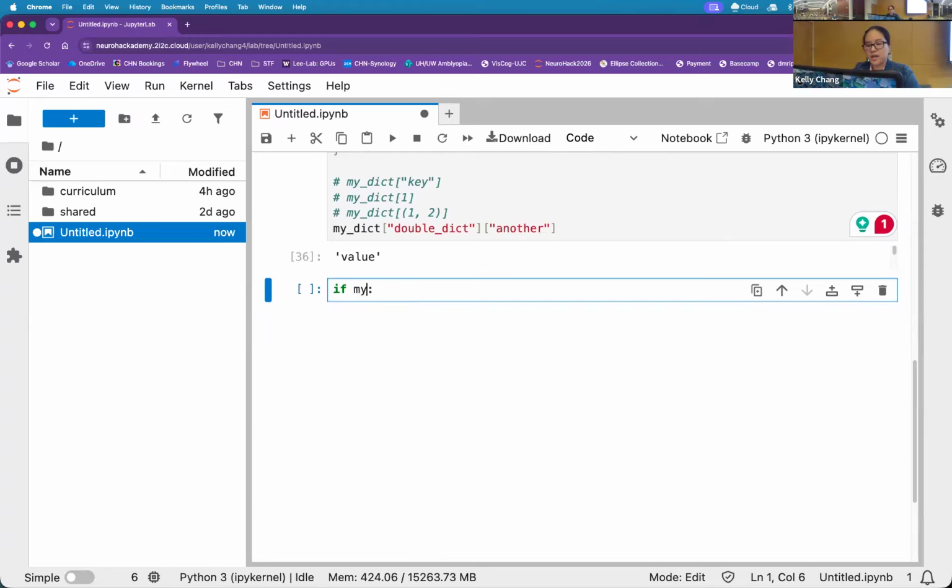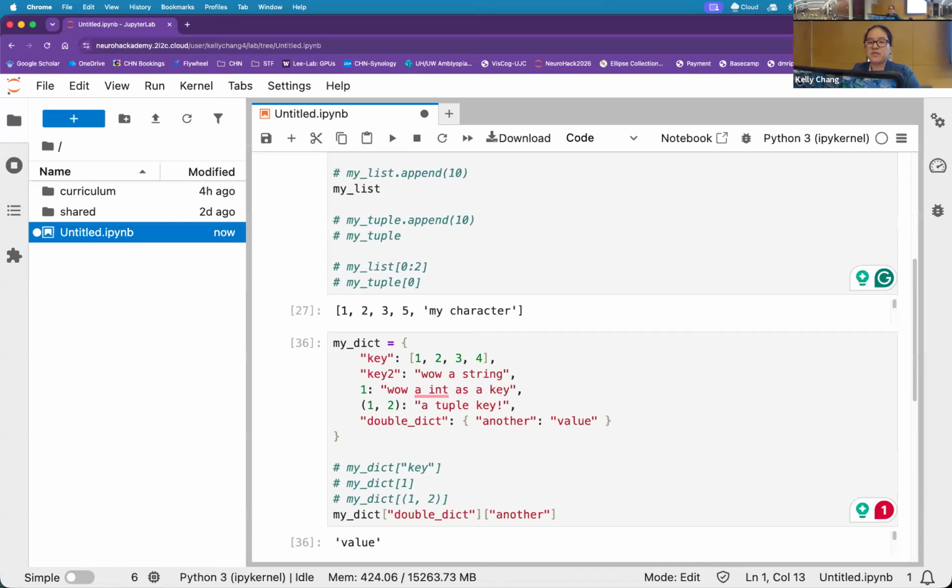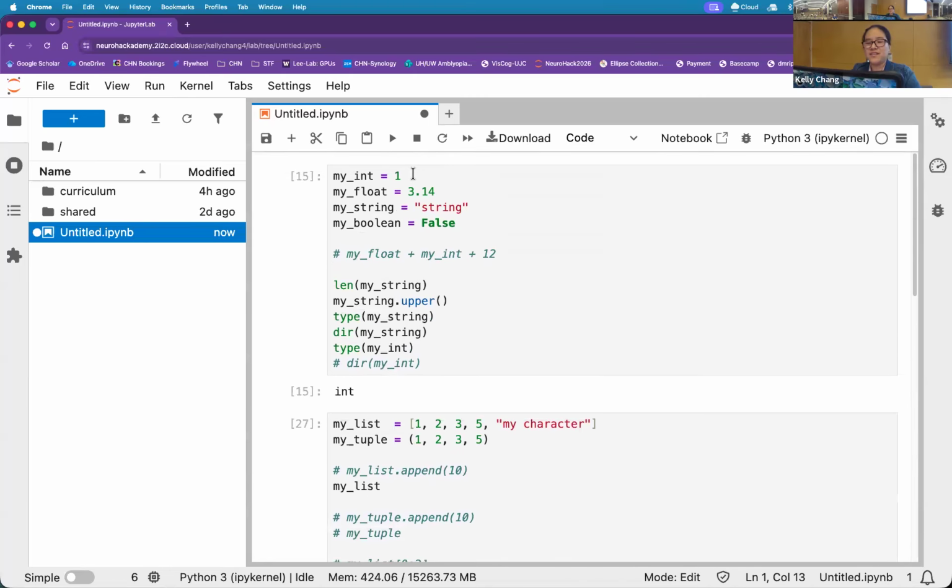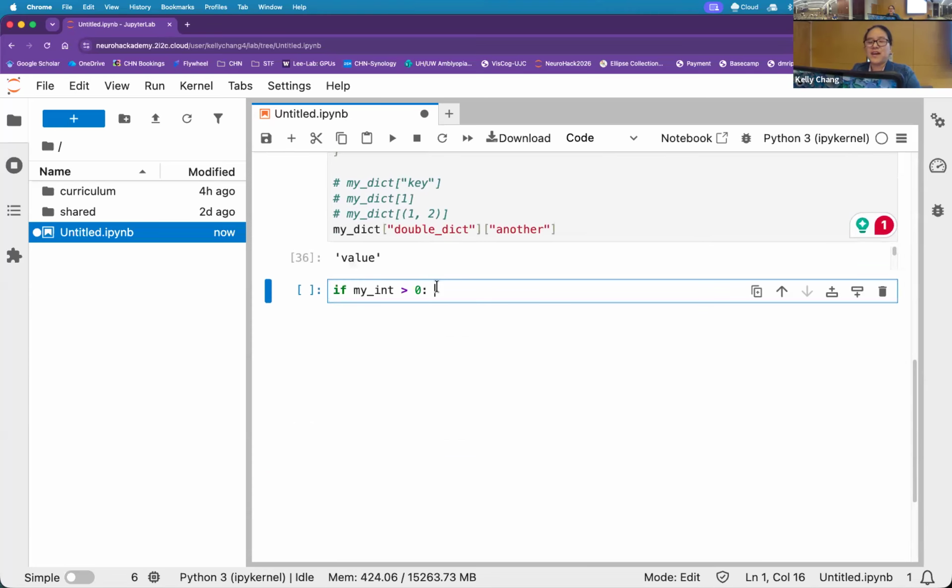Like, is my int greater than 0, right? Some sort of test condition for a numeric. If I go back up, I remember defining my int to be 1. Cool, I do have a good memory. And so if I were to run this, this would evaluate to be 1 greater than 0, question mark, it would be true. And so if you hit enter from there, Python automatically helps you indent. You'll sort of notice that this was automatically given to me. This is required. Not all coding languages require an indent if you come from some other language, but in Python,